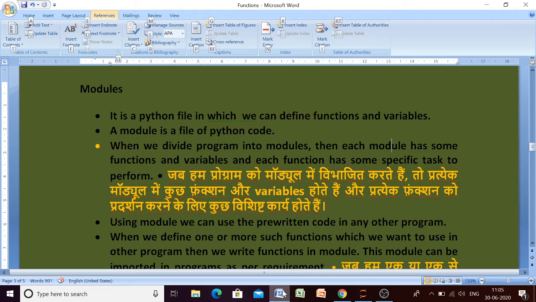It means we will have different files. In one of the files there may be functions, in another file there may be variables. So it just contains a file having some code written in Python. Whenever a program is divided into smaller modules, each module has some functions and some variables, and those